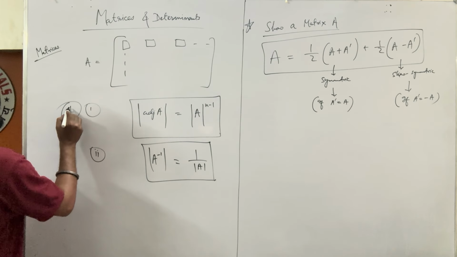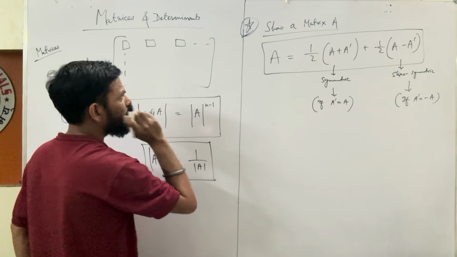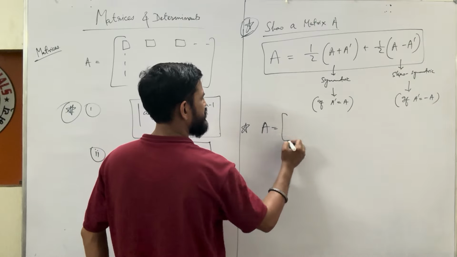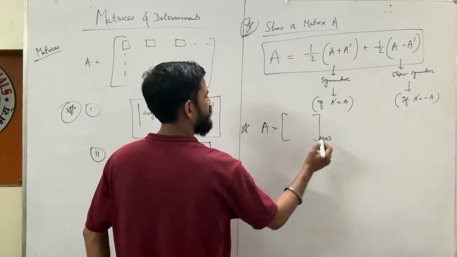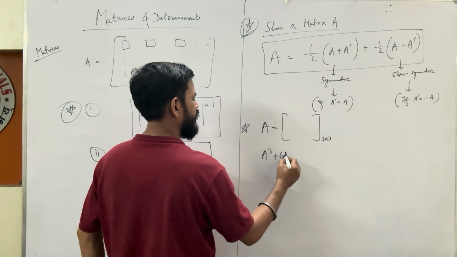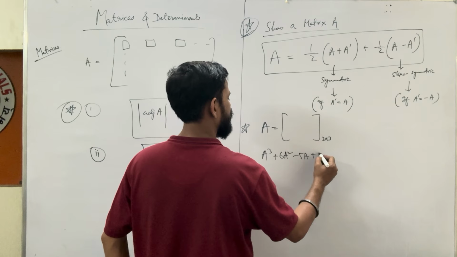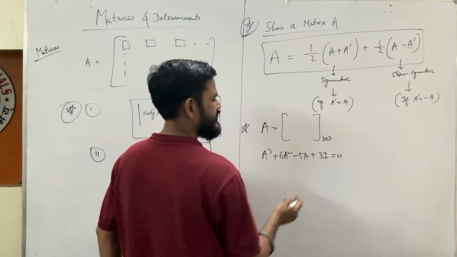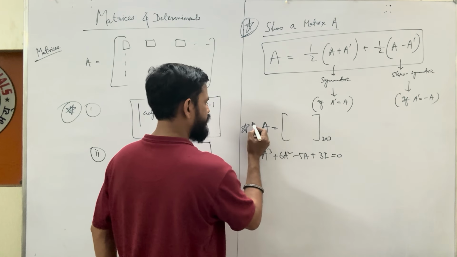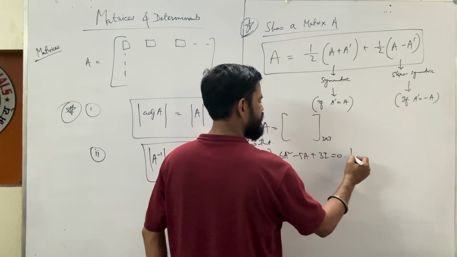So this is the first kind of problem that can be asked. This is the second kind of problem that can be asked. The third kind of problem which can be asked is, you'll be given a matrix. Suppose a square matrix 3 by 3 is given, and a relation will be given like A cube plus 6A square minus 5A plus 3I equal to 0, let's say. You need to show, if A is this, show that this, hence